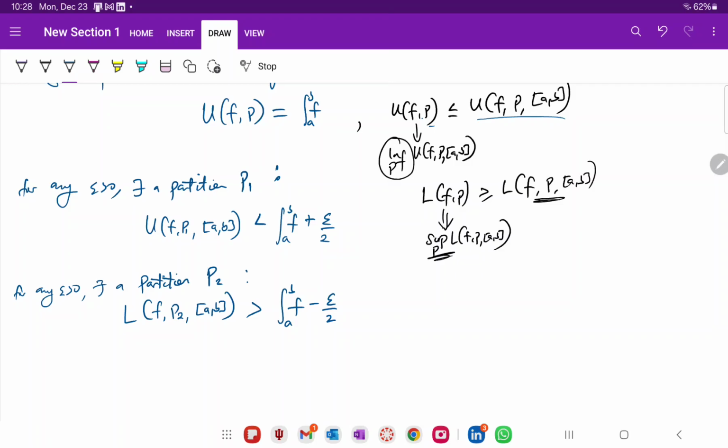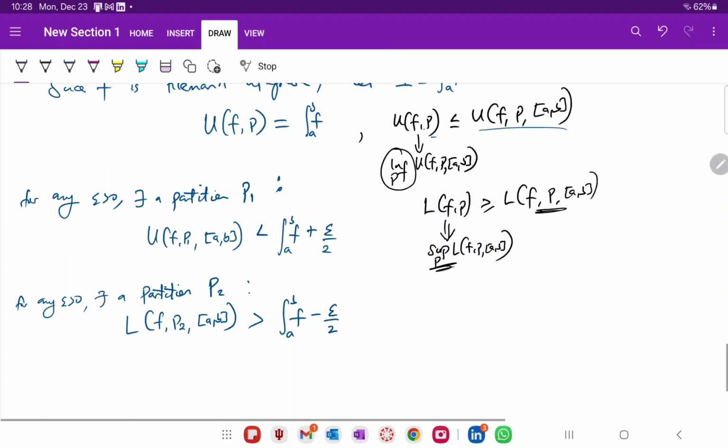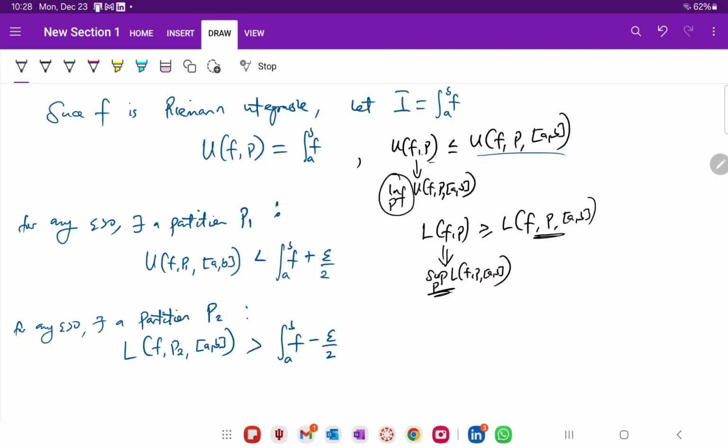Why? Because we have this fact that the upper Riemann sum, the upper Riemann integral, which is the infimum, is less than this. So if we substitute this guy, and then by this addition, this will make this to be less than this. And then also we have these properties